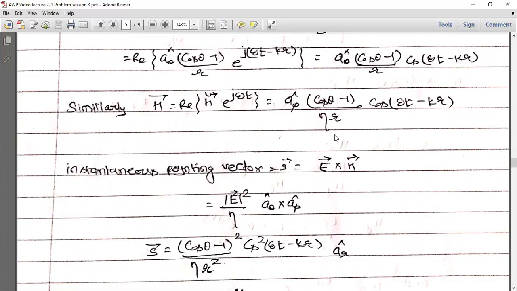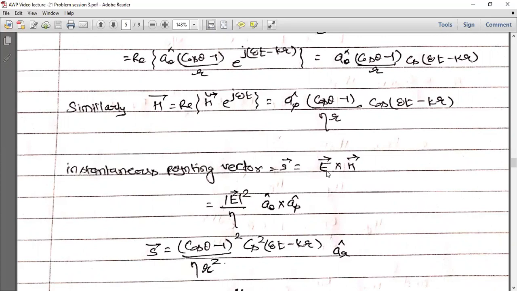Once again, I explain what I did here. When you are performing cross product or dot product, you can represent the vectors. Suppose we have two vectors E and H as shown here, and we have to perform the cross product. You can represent these two vectors in terms of their magnitude along the unit vector, for both.